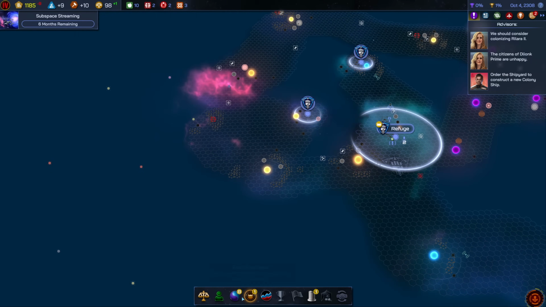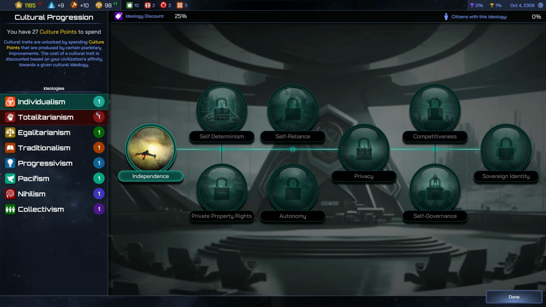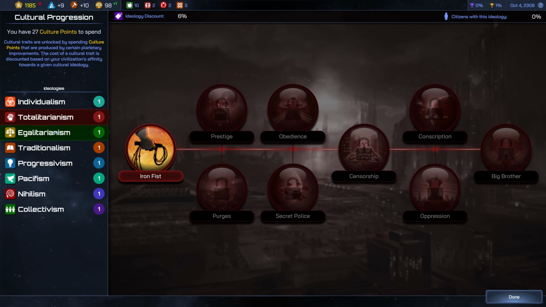We continue then over there as well. Cultural progression. We also have something, I think. We have 27 cultural points. Of course, we can go into this now. So this is the next step of individualism. And with that, we can move into